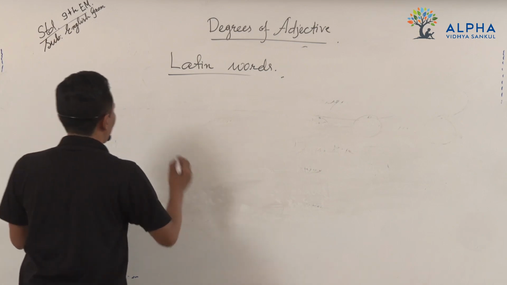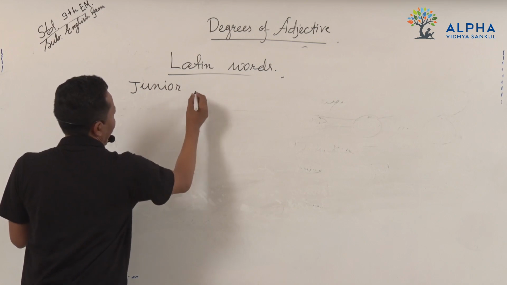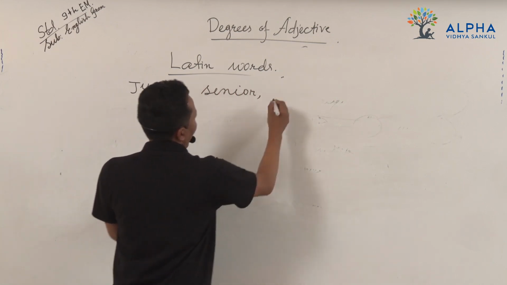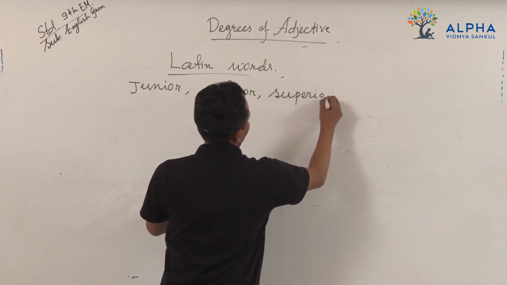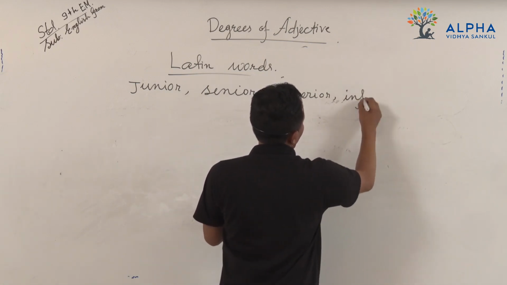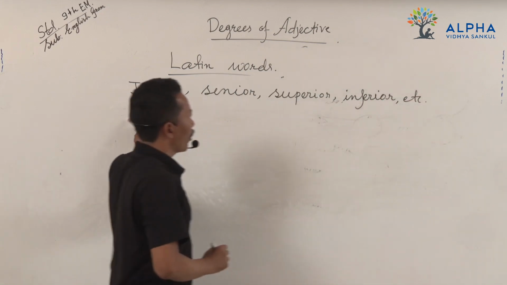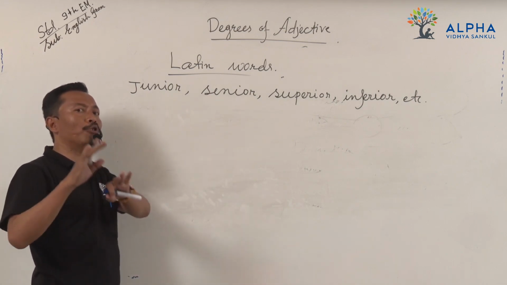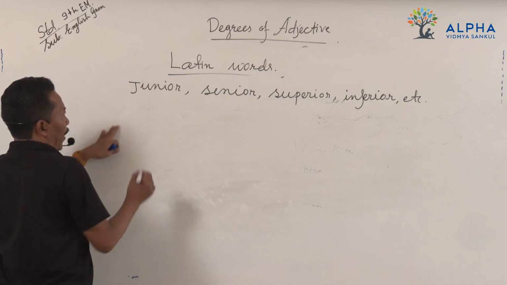Now I'll give you one example. Junior and senior. Superior and inferior, etc. I'm giving examples of this. For these, they do not have positive, they do not have superlative. They are in the what? Comparative degree. They are in the comparative. For the comparative degrees,